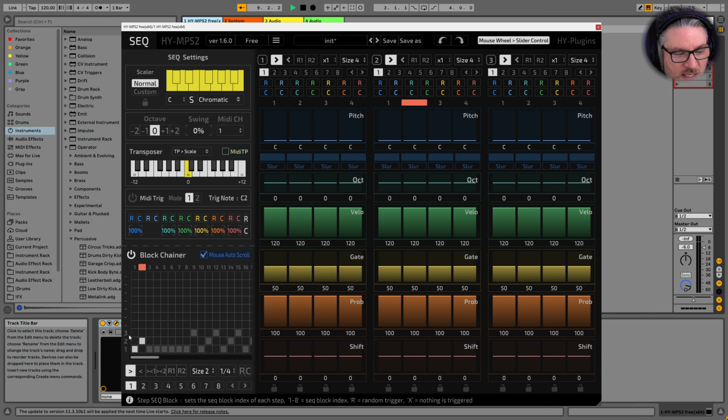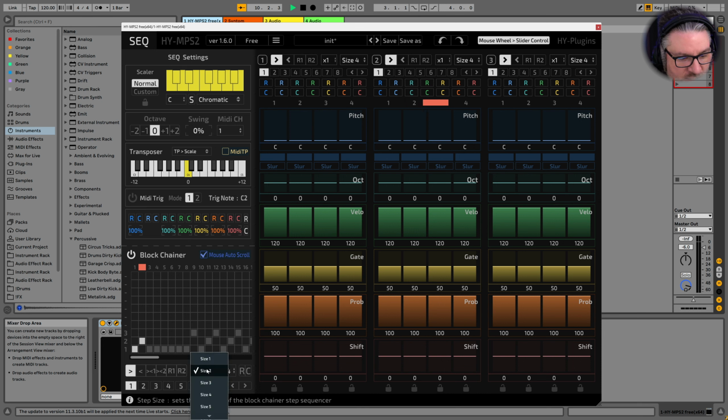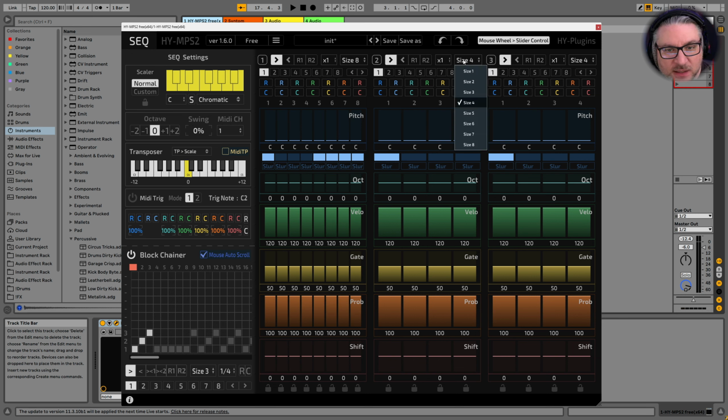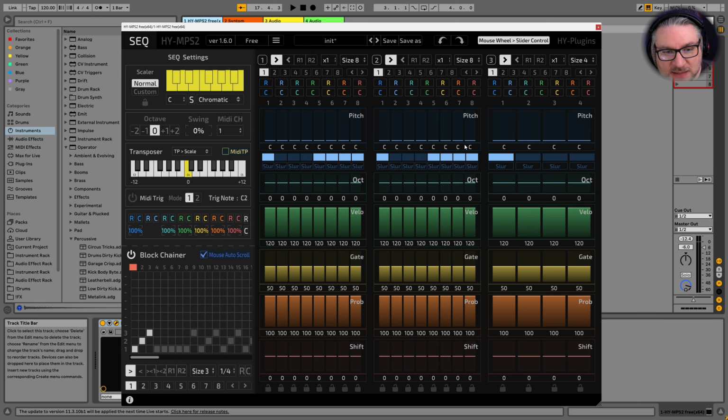Yep. So these are the sections above. So let's do size 3, and we're going to get all the way across. So now we're going to go bop, bop, bop. So we have 12 at this time. So let's set this up for something a little bit more normal. Let's use an 8. Ah, that's nice. It divides evenly into the notes.